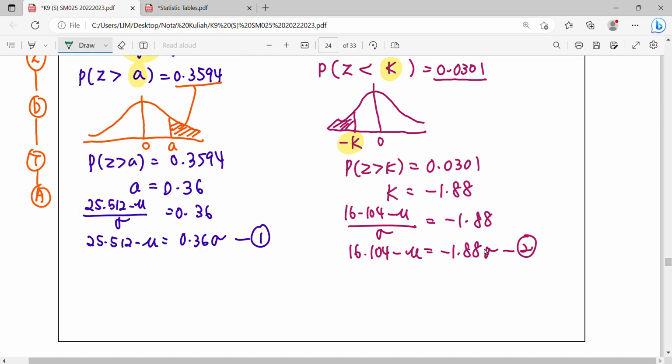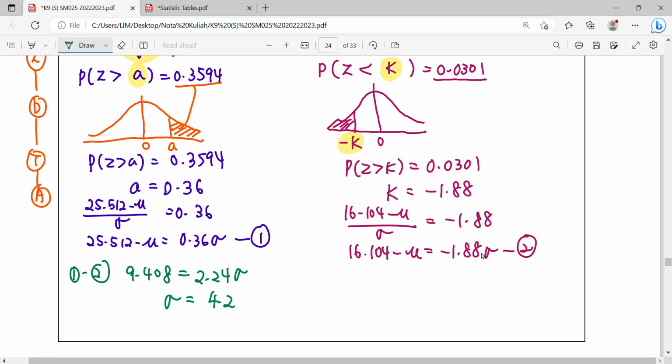So I can take equation 1 minus equation 2. So 25 point something minus 16 point something gives 9.408. Negative mu minus negative mu is eliminated. This one, minus becomes plus, positive 2.24 standard deviation. So simplifying, standard deviation equals